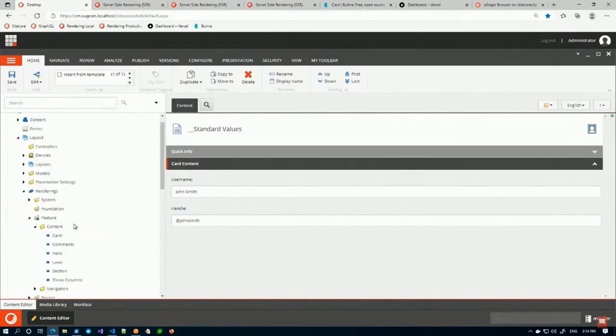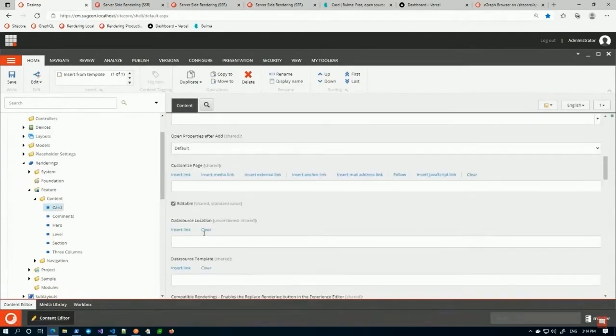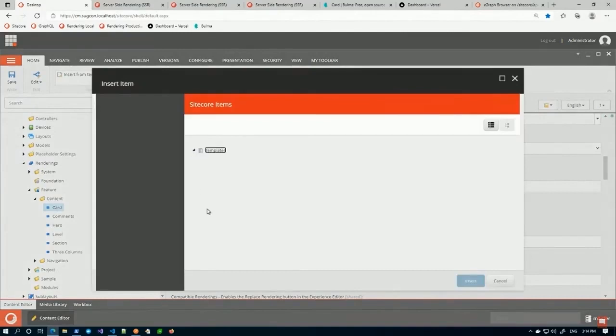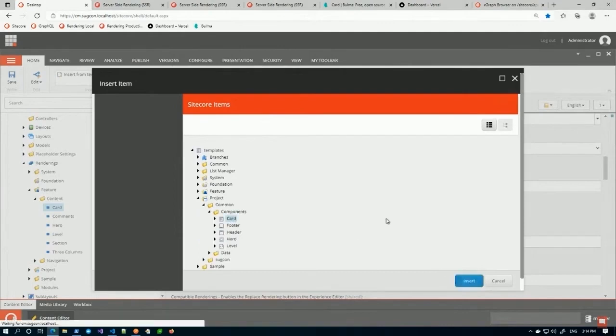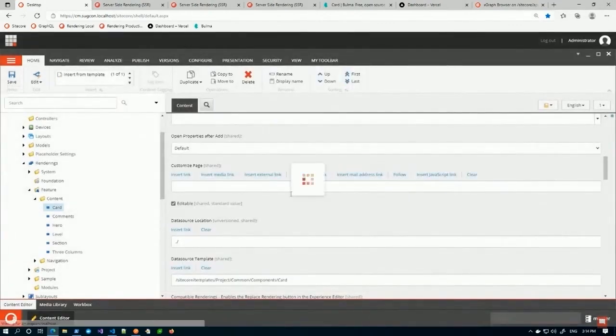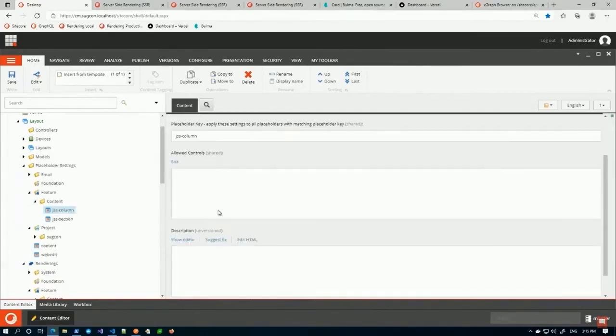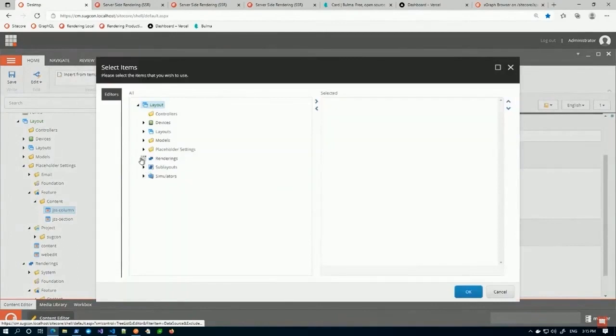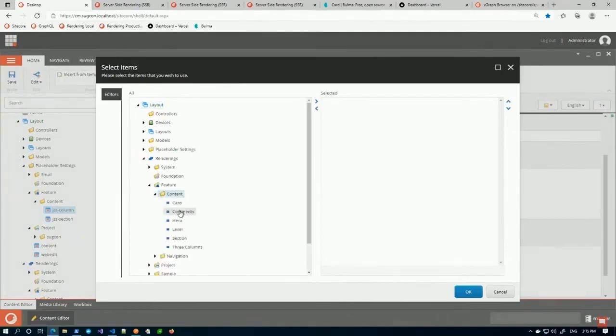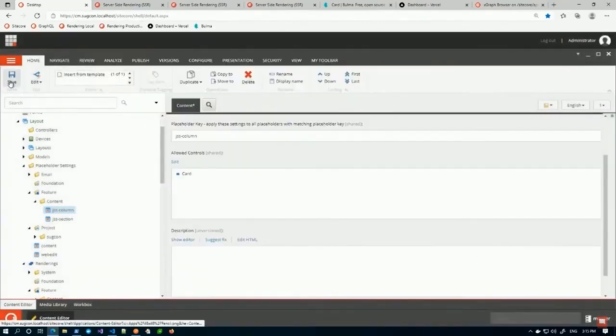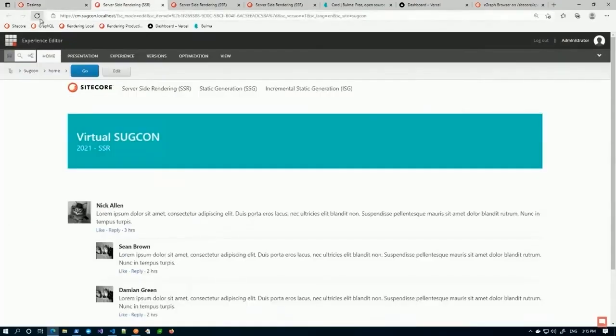And then on our card rendering, we'll just set the data source location to a child folder, and use our new template as the data source template. And then I will just quickly put this as an allowed control on my column. So I have a columns rendering. Okay, great. Now if I refresh the Experience Editor,